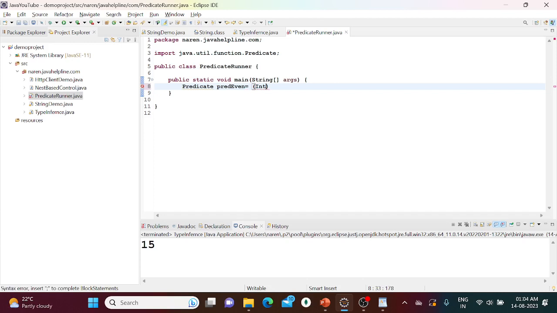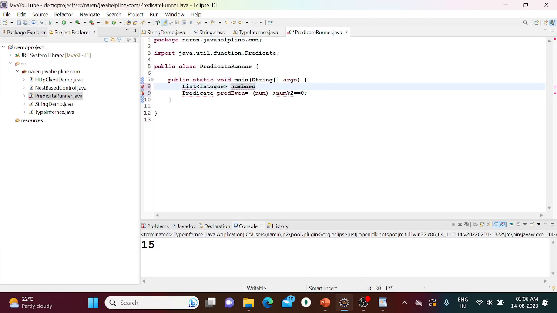It will say num, num percent 2 equal to 0. So I will take a list of numbers, integer,